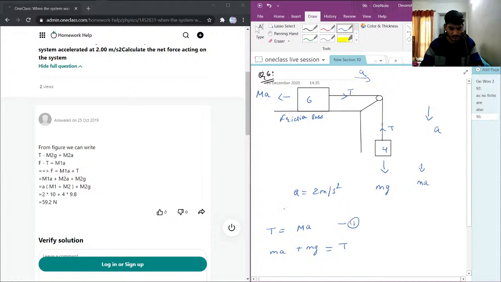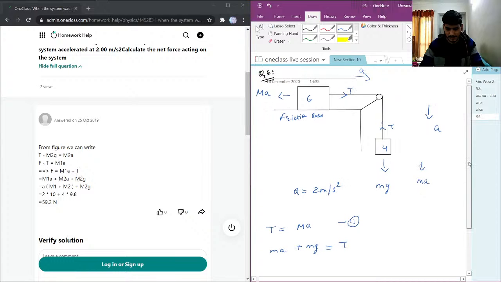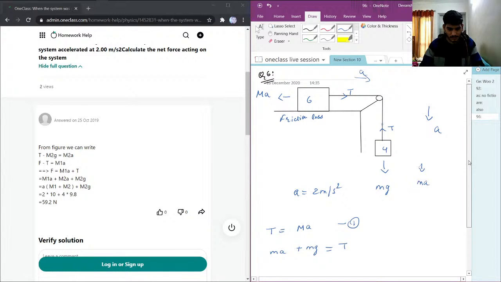I'm not sure about this first one. We need to calculate the net force, right? So the net force will be